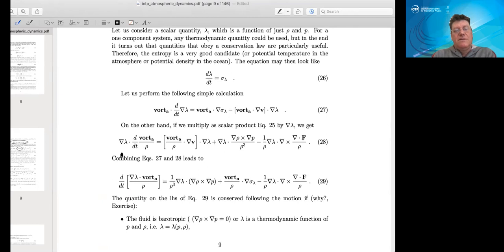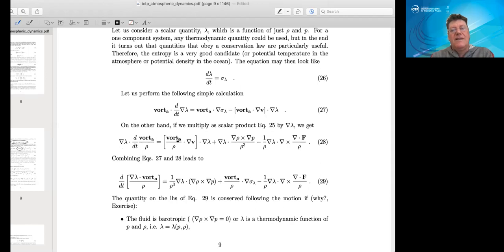So then you can show, this is just multiplying the whole equation by gradient of lambda. But if you compare this equation now with this equation, we can see that we can try to combine these two terms. So if we add these two equations now,